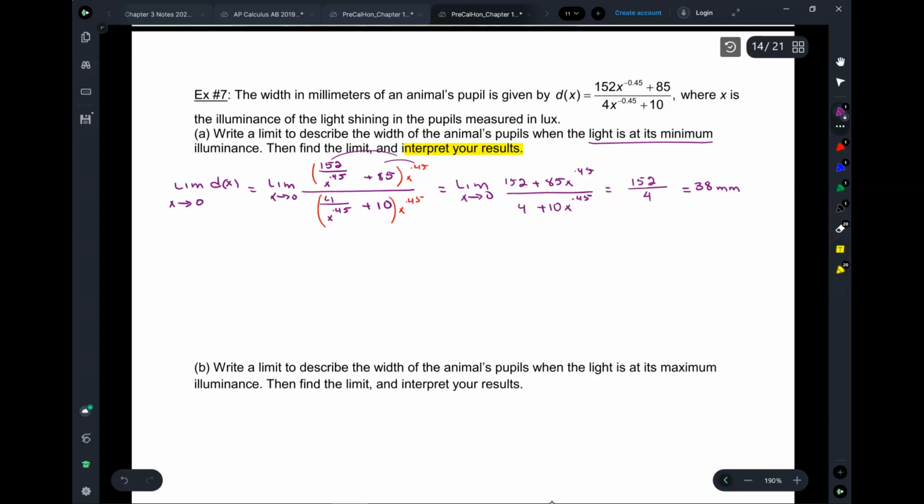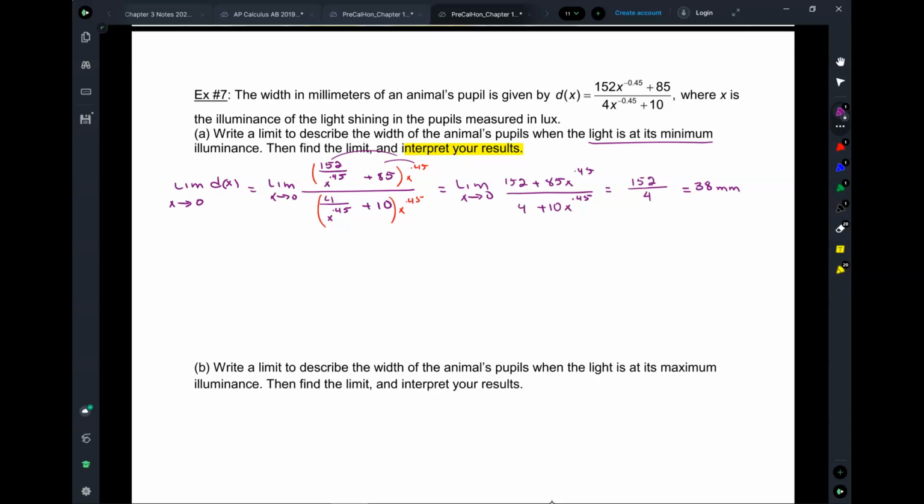So what is it that we have found? We did this and we found 38 millimeters. Can somebody explain in words what it is that we have found? The width of the animal's pupil as the light is approaching its minimum. Wait, so the reason that you plug in 0 for x is because that's the minimum that's being approached? Right. So the whole premise was as the light is at its minimum, so as the amount of light is approaching 0,